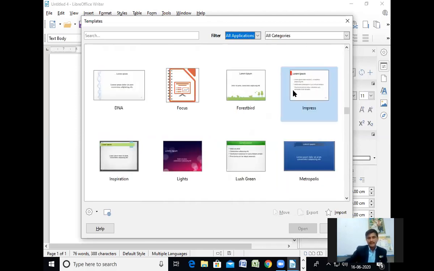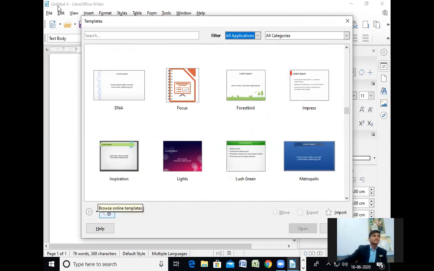Okay, like this we can create our own template with beautiful decoration, all these things. Now you can delete your template also with the help of the same point: File, Template, and Manage Templates. The same things we can delete from here also.